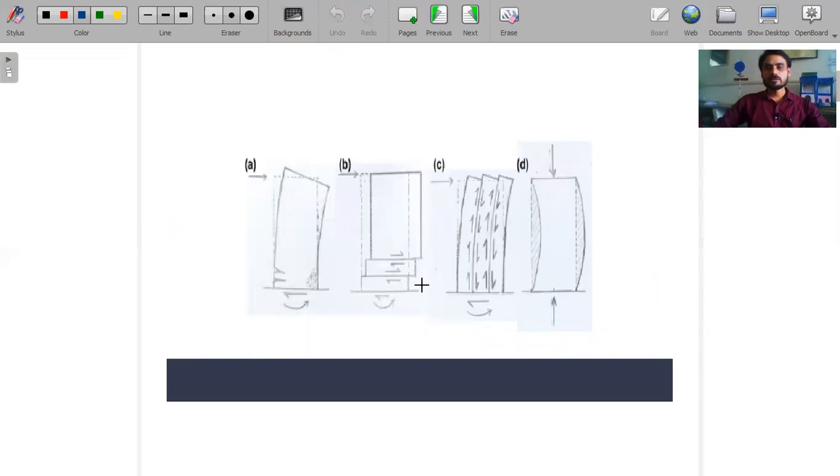And if we talk about the failure patterns, we can see here. With lateral loads, the shear wall can fail by buckling. If the shear wall buckles, the extreme tensile fiber will crack like that. It can also fail in such a manner that separation of plane occurs in the shear wall. Here is the lateral load and the shear wall is separated plane by plane, right? The shear wall can also fail in that pattern. If the load is distributed on the vertical layers, the shear wall can fail like that.